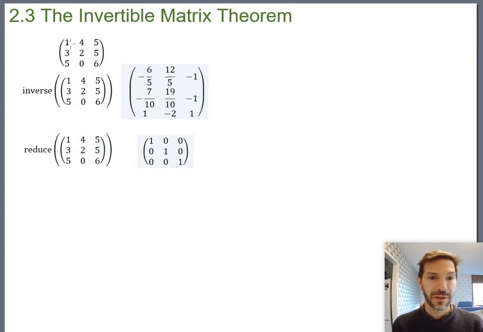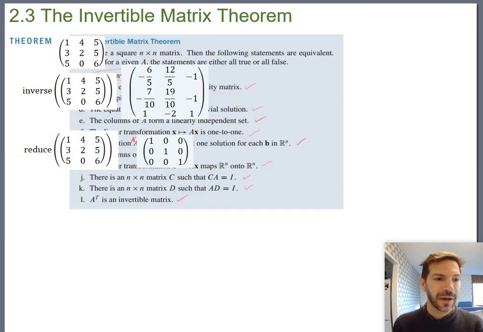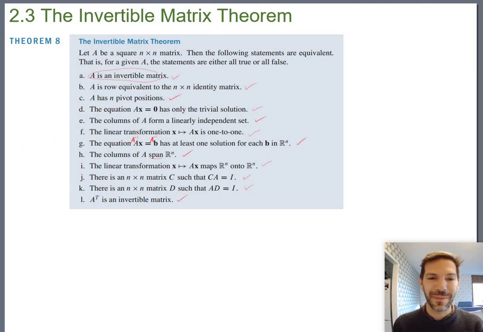And just looking at adding them together as is, 1 plus 4 does make 5, 3 plus 2 does make 5, and 5 plus 0 doesn't make 6. So really, if you were going to combine the first two to make the third one, it looks like you'd have to just add them to get the 5 and the 5, but that doesn't give you the 6. So I'm going to claim that these three columns are linearly independent,